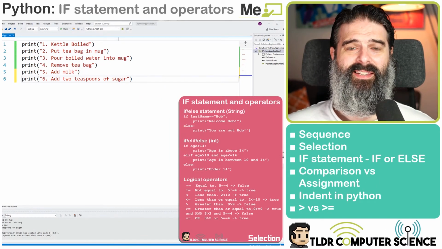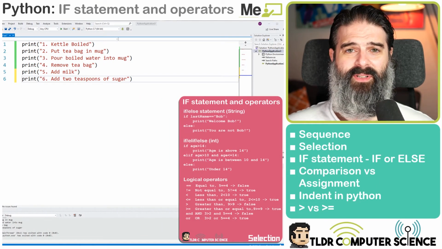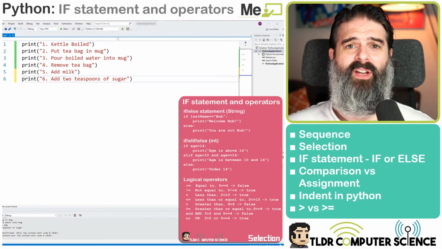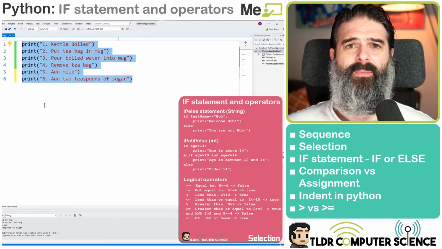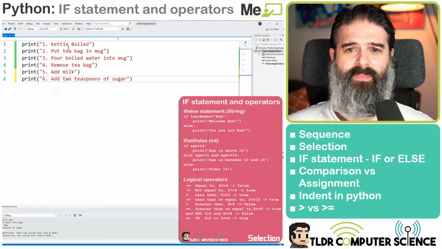Welcome. In today's lesson, we're going to learn about the if statement. It's an immensely powerful tool that, although simple, opens up all the avenues of computing that we are going to be using. Now, looking at our bit of code here, it's demonstrating the concept of something called sequence, i.e., the